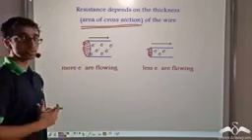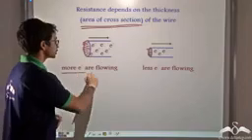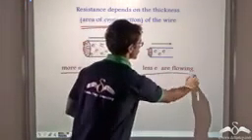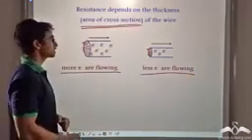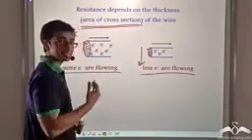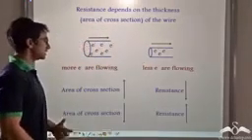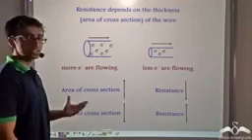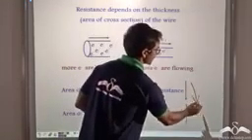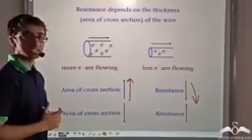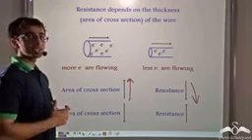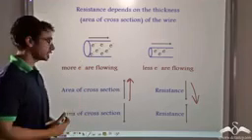So more the area of cross section of the wire, more electrons will flow, and less the area of cross section of the wire, less electrons will flow. More area of cross section means more thickness, less area of cross section means less thickness. So we can say that as area of cross section increases, the resistance decreases because the electrons get a wider area to flow through. Just like in the case of the 4-lane highway, where the cars got more area to move from one end to the other.